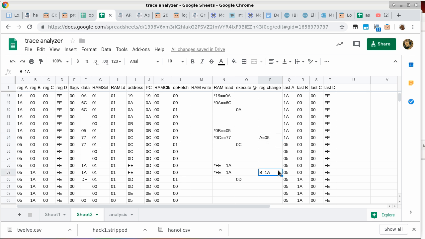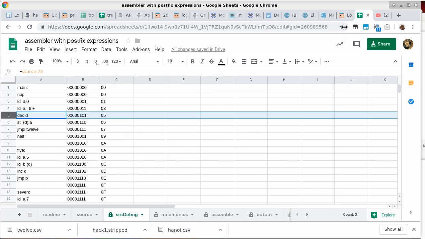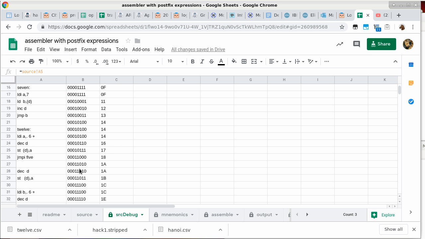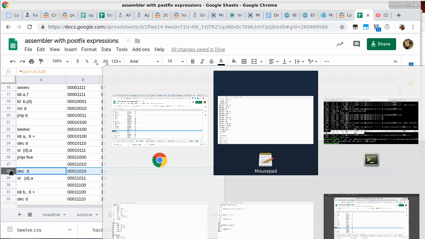This is where we got the return address. Okay, remember we did the LD B in parentheses D. This is where we got the return address. Now, how do we know 1A is the proper return address? Once again, you go back to the assembler. You go to address 1A, and then you ask yourself, does this look like a good location to return to when 5 is done? Well, this is the call to 5. Where else should the subroutine return to? Of course, it's going to be here. Okay? All right. So going back to the trace again,